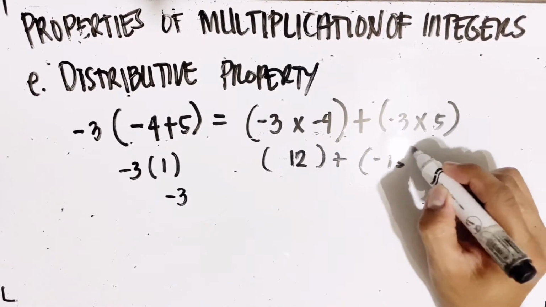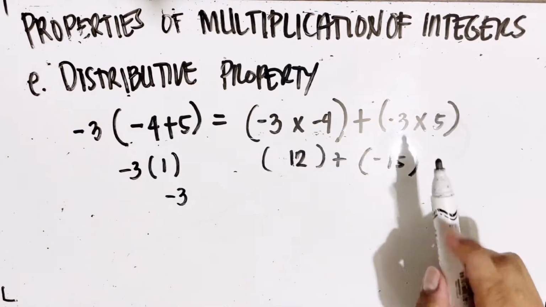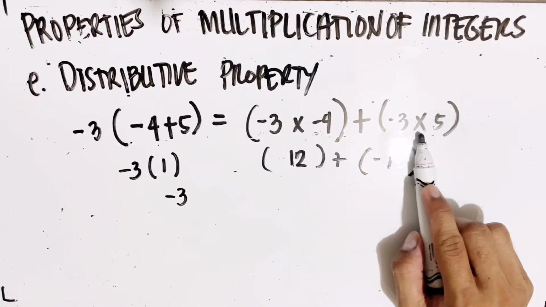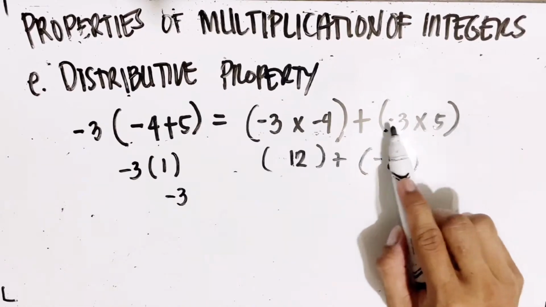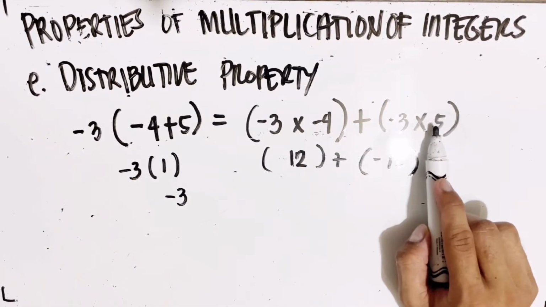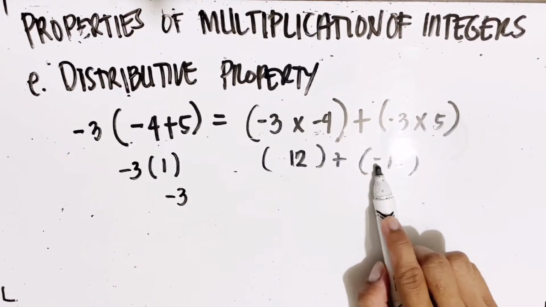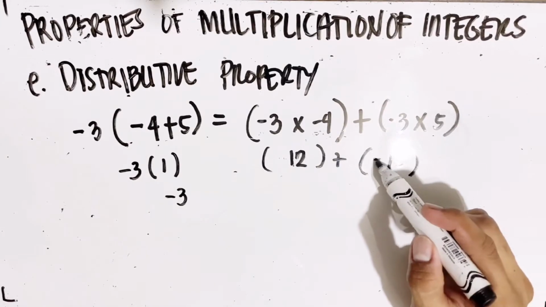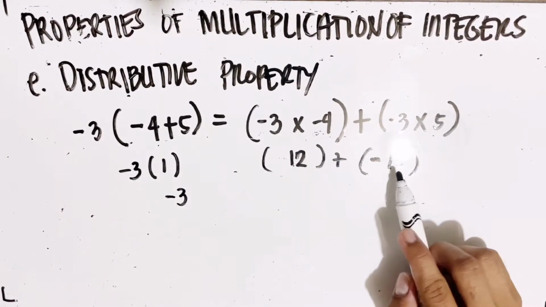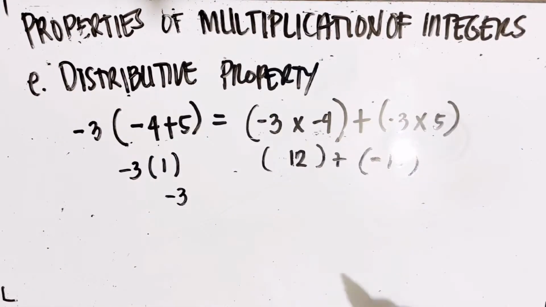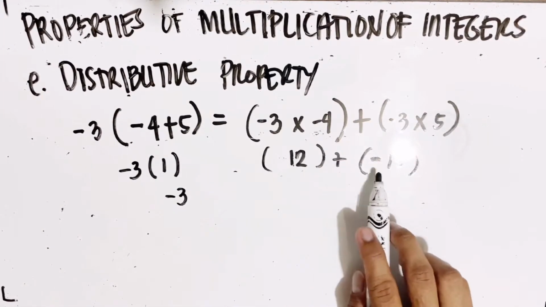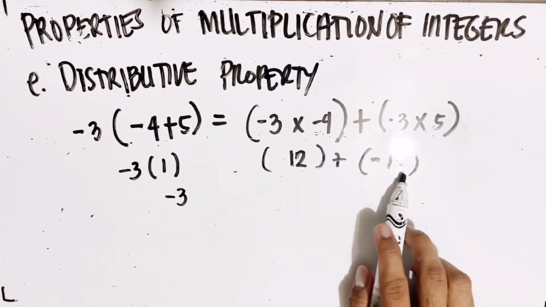negative 15. Why is it negative 15? You multiplied unlike signs, a negative number and a positive number. When you multiplied unlike signs, that will result always to a negative number. So we have negative 15. Why is it 15? That's 3 times 5. So 12 plus negative 15,